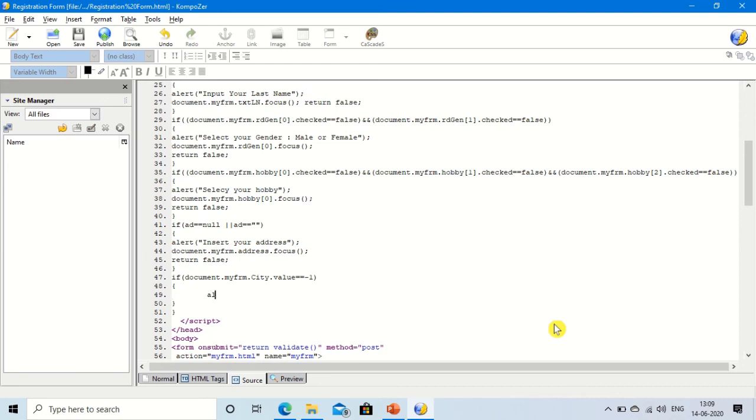So show the message alert, select your city, document dot myfrm dot ct dot focus, return false.